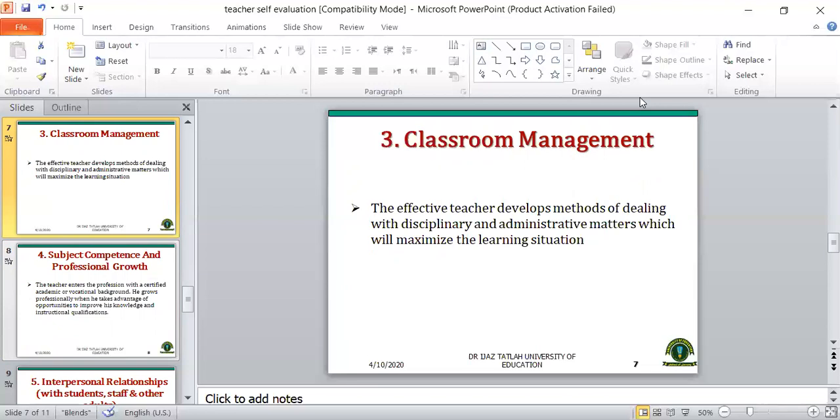The effective teacher develops methods of dealing with disciplinary and administrative matters which will maximize the learning situation. For this purpose, they might frame different class rules and display them in the classroom, and they make some senior students monitors of the class, and those